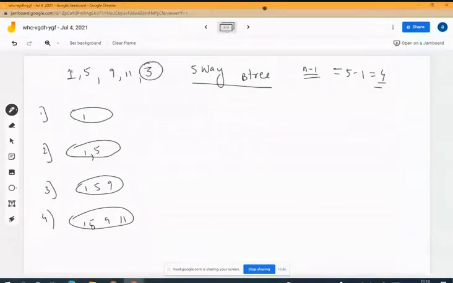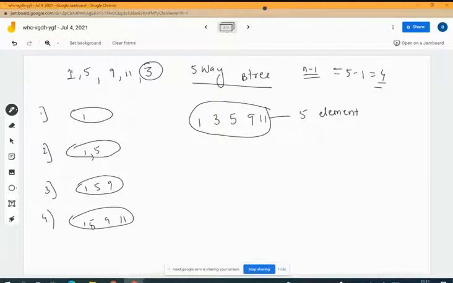Now when 3 has to be inserted, let us see what happens. If I insert 3 here, it becomes 1, 3, 5, 9, 11. Now this node has 5 elements. But it is conflicting with the given condition that it should have only n minus 1 values. So what I'm going to do is pull this particular